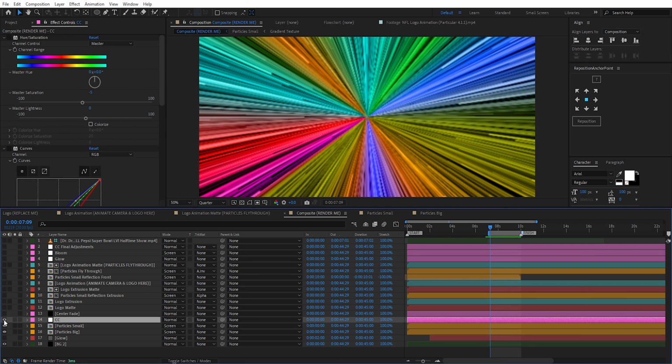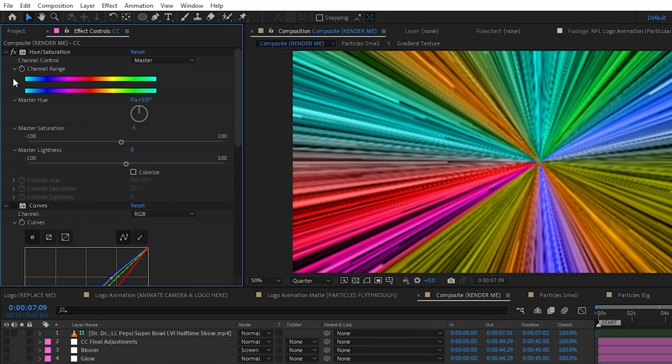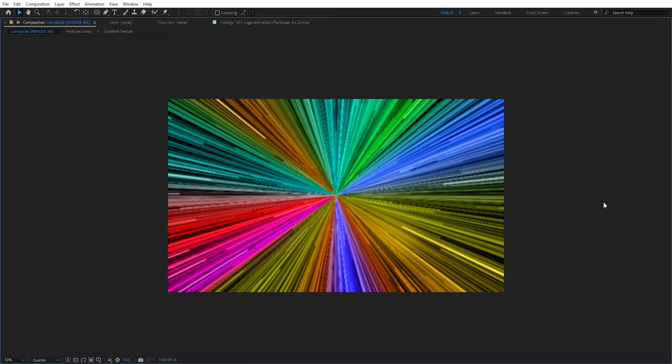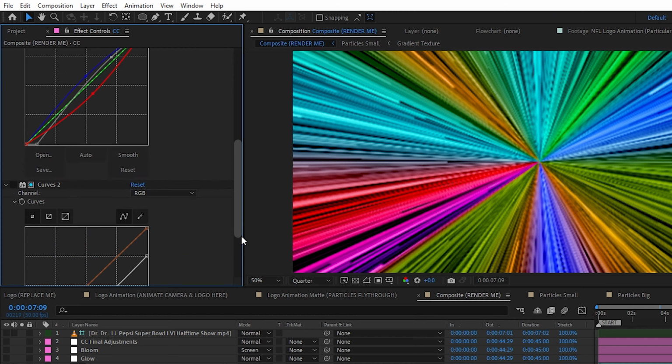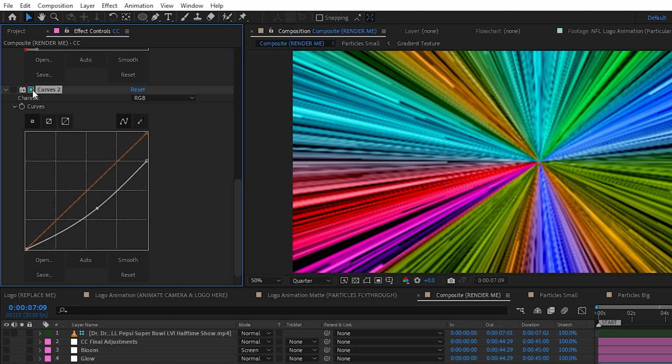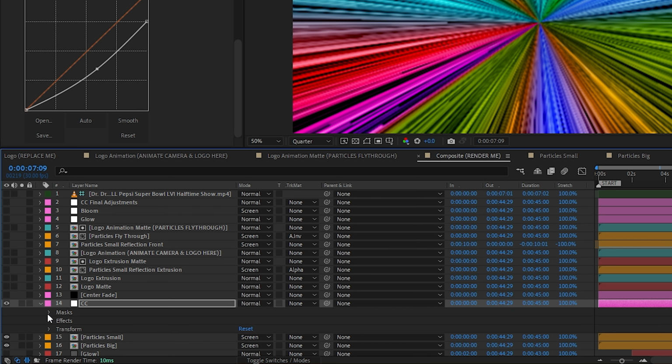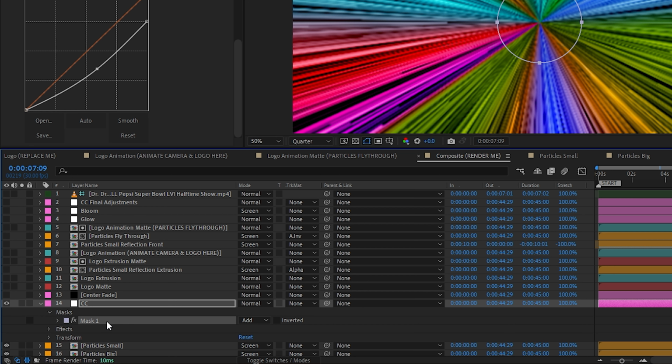Then I created a new adjustment layer for color correction, to which I added a curves and hue saturation effect to make everything pop. I also added a second curves effect to make the center a bit darker, but instead of having it affect the entire comp, I created a feathered circle mask in the center and used that mask